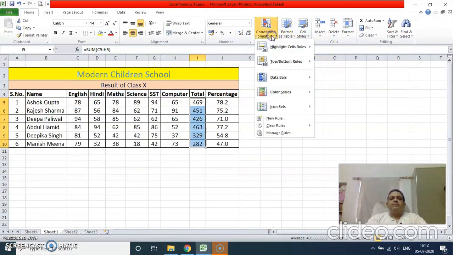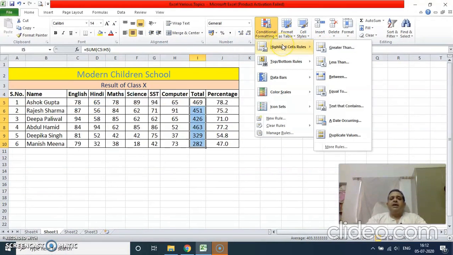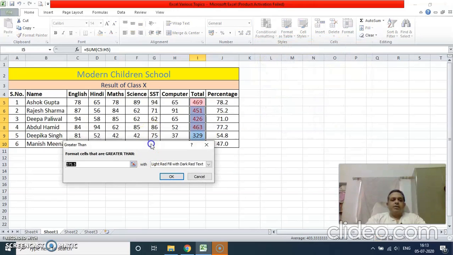You click on this, highlight cell rules, meaning you want to highlight and you wish to tell which rule should be followed. So let us say, greater than. In these cells, format cells that are greater than, I choose the value, or you can type the value.